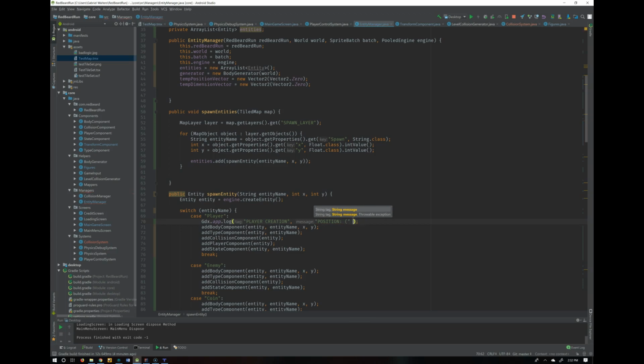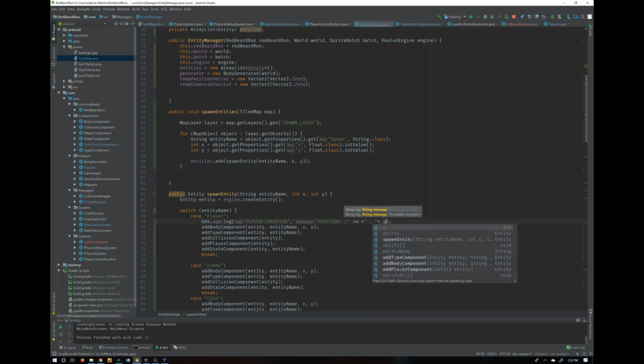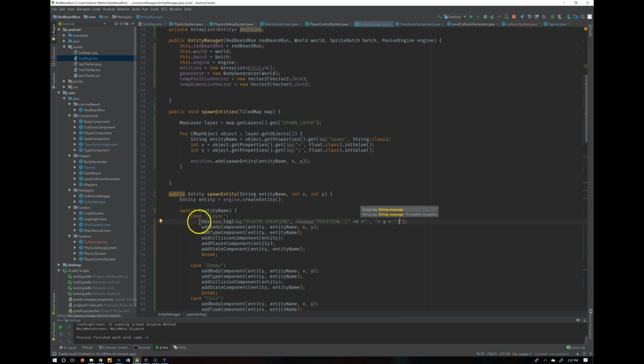Position is at, plus x, lowercase x, man, I cannot type today, comma, put a space between each one, and y, and no, plus. Okay, so that will give us the player creation, because that's where we're ultimately putting our camera, and we want